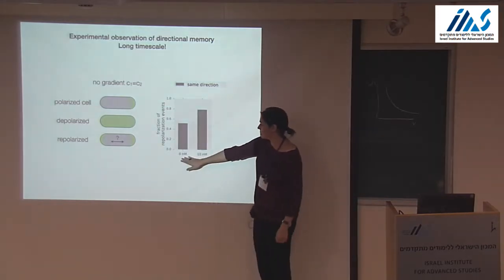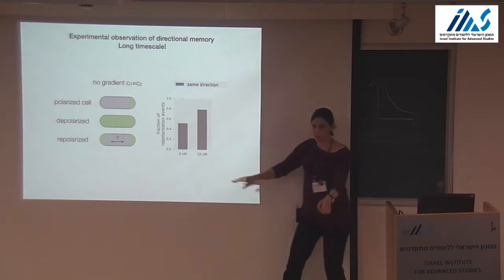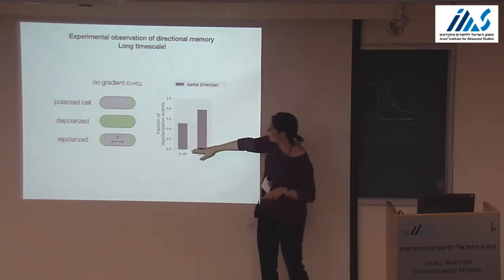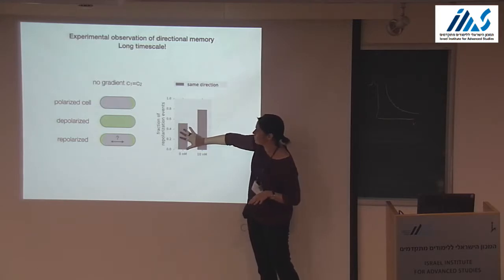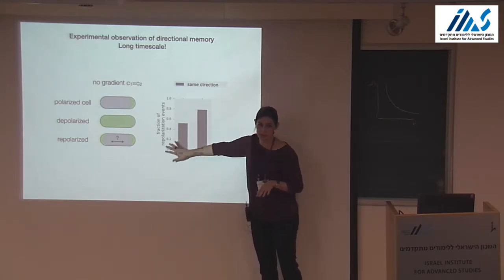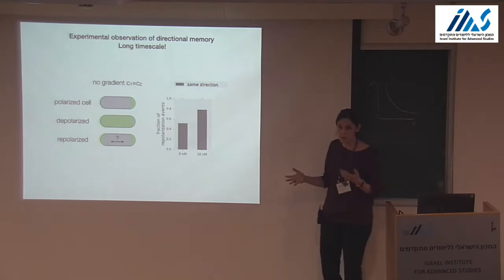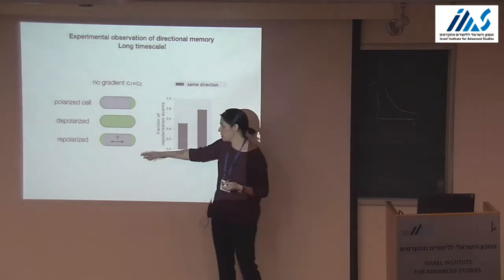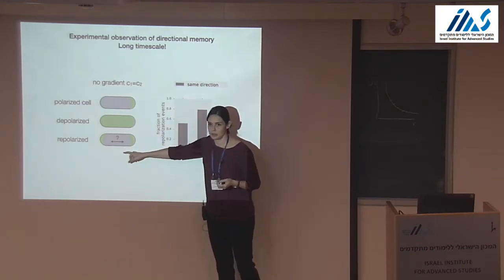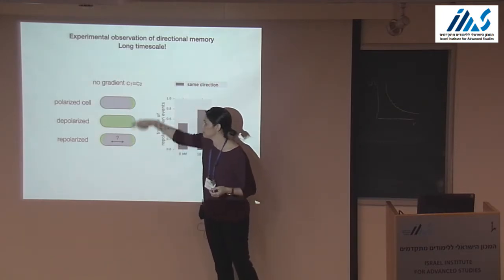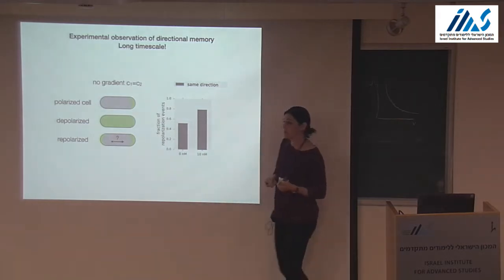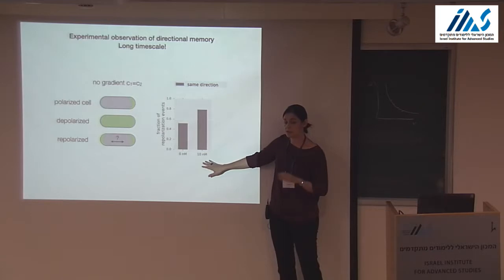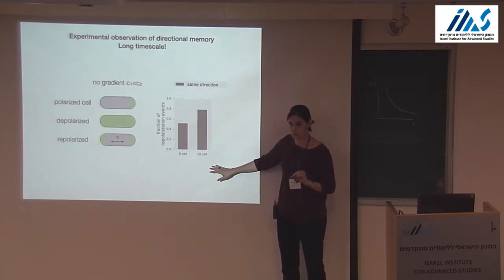So in the case of 0 nanomolars, meaning that there is no chemoattractant whatsoever in the system, you have roughly 50% of the repolarization events in the same direction. Okay? So this is what we would expect from random dynamics, right? There's a 50-50% probability of repolarizing the same direction as before or the opposite. But something interesting happens when we look at a non-zero concentration. So there is still no gradient. This is important to note.